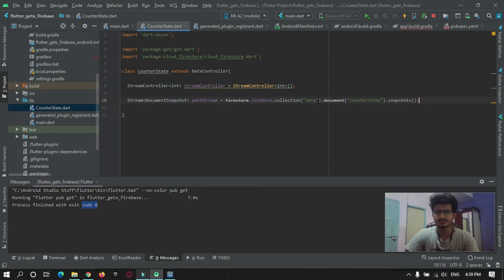Okay, I will explain what this is. This is the path of a Firebase database.